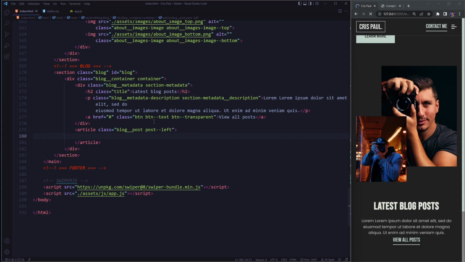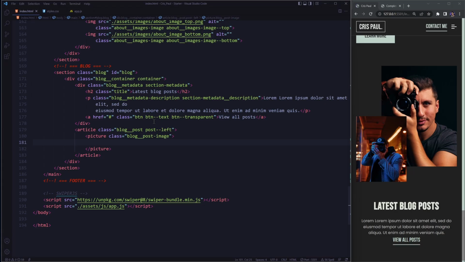So as I mentioned, we're going to be using the same concept with the picture element. So the picture is going to have a class of blog-post-image. Then here we are going to specify the source,